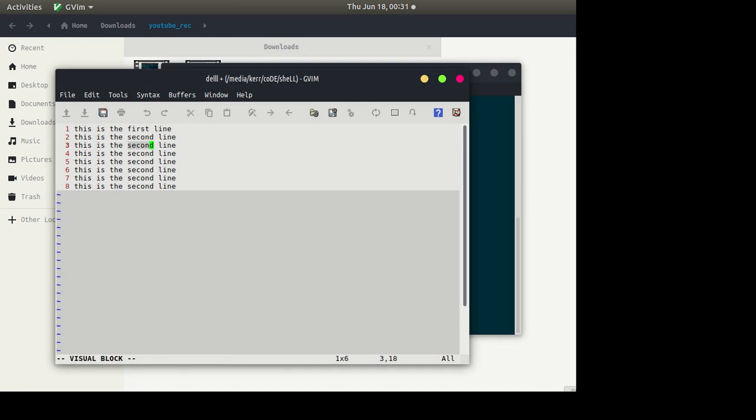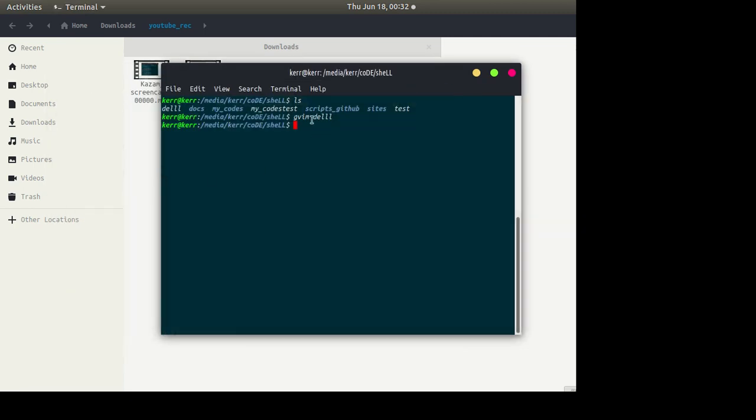So let's change something so that it will be helpful to distinguish whatever is printing. So let's save and close.